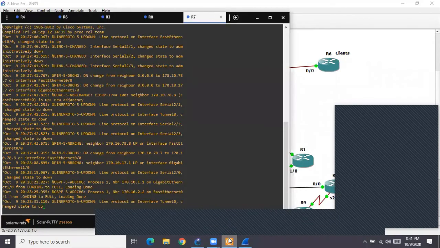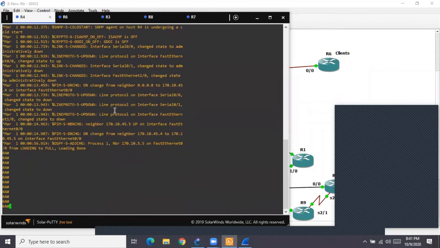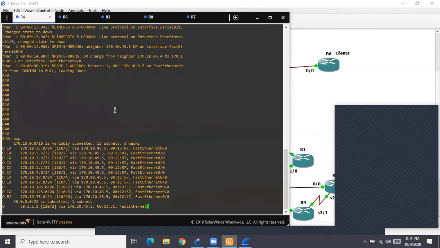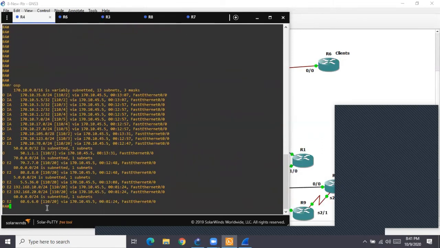Let me have R4. So if you see on R4, we'll have routes of R8. Show IP route OSPF on R4. See 80.8. This is the network of R8.